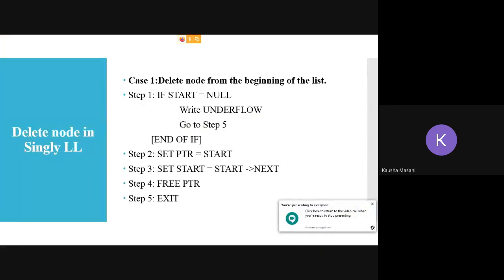So the algorithm here is what? If start is equal to null. What is your start, students? Correct, the head pointer. We are talking about a singly linked list. The very first pointer, which is pointing to your first node, is your head pointer.